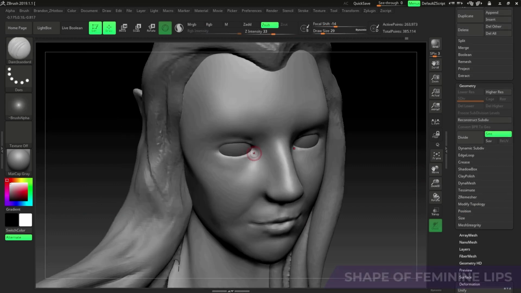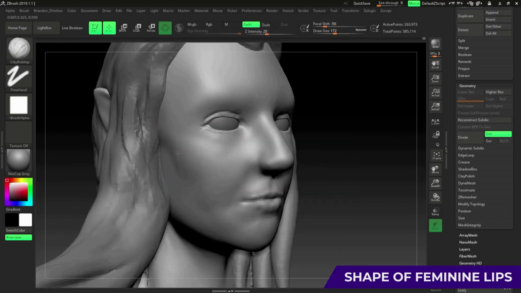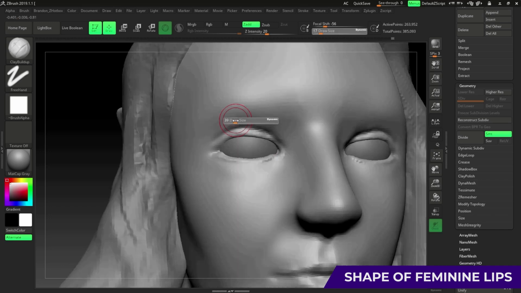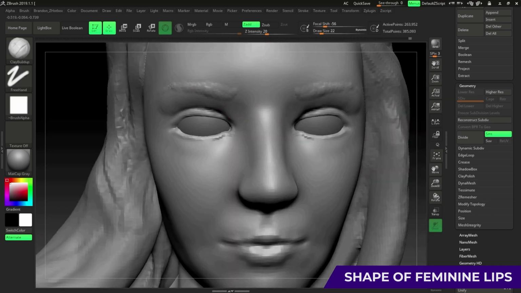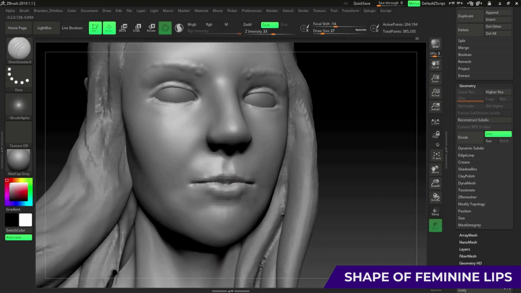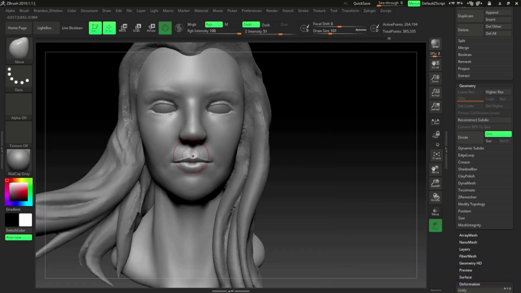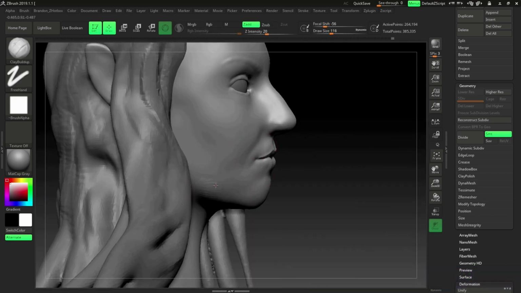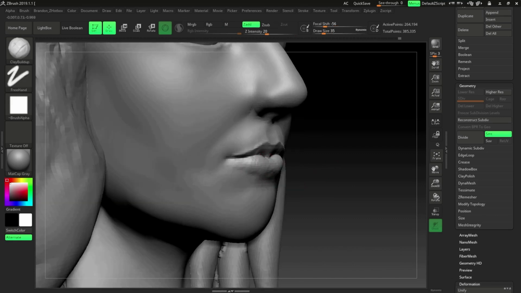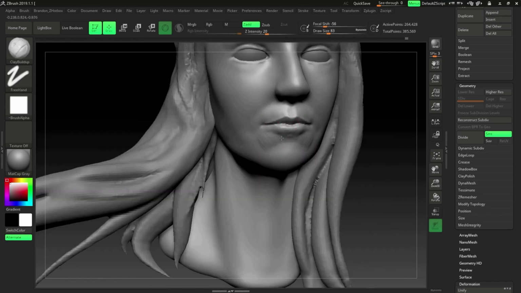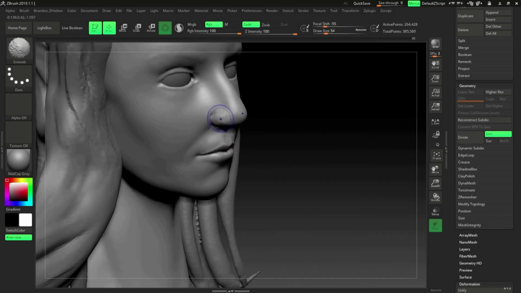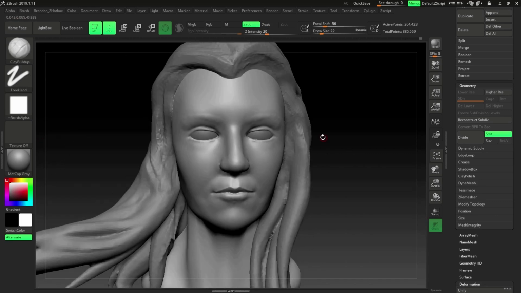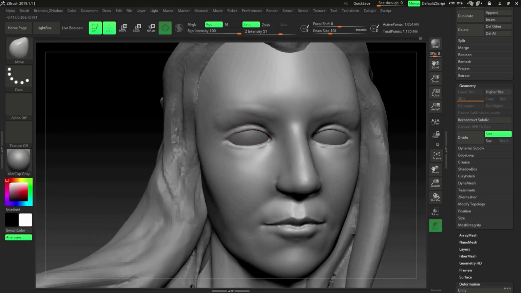It is worth mentioning that the shape of upper and lower lips play an important role if you are trying to achieve a feminine feature. The chin and jawline of a female are usually narrower compared to a male feature that is broader. In general, feminine features are usually not as pronounced. Building your mental library of facial features by observing real human faces or photo references can help you achieve the